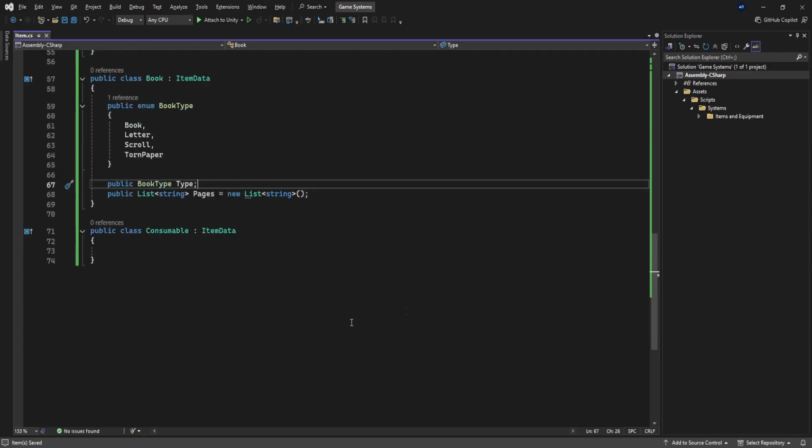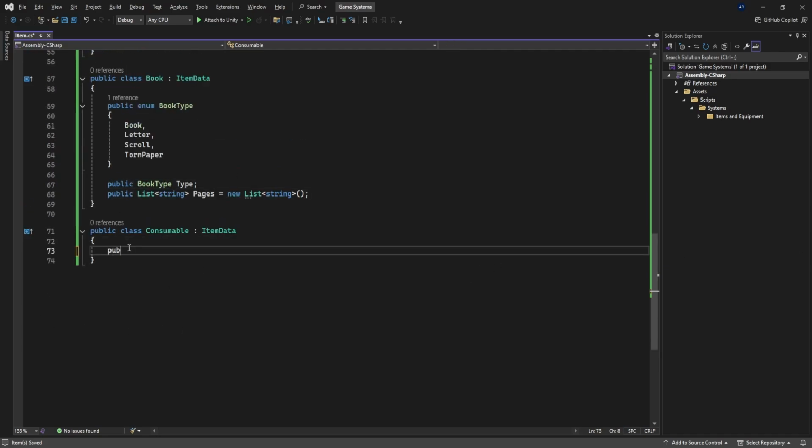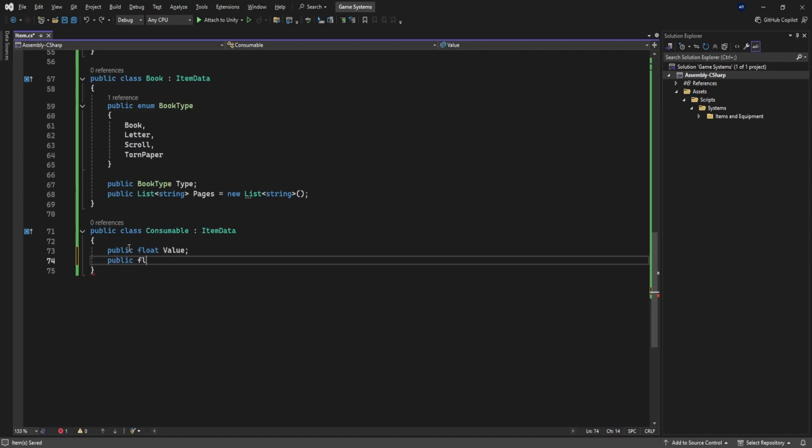And go ahead and just add public value, public float time,